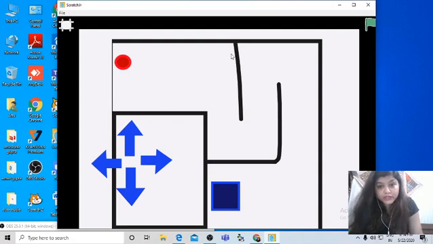You don't need to touch that black line. Let's play it. You need to play a little carefully so that your red dot does not touch the black line. It's interesting, right?